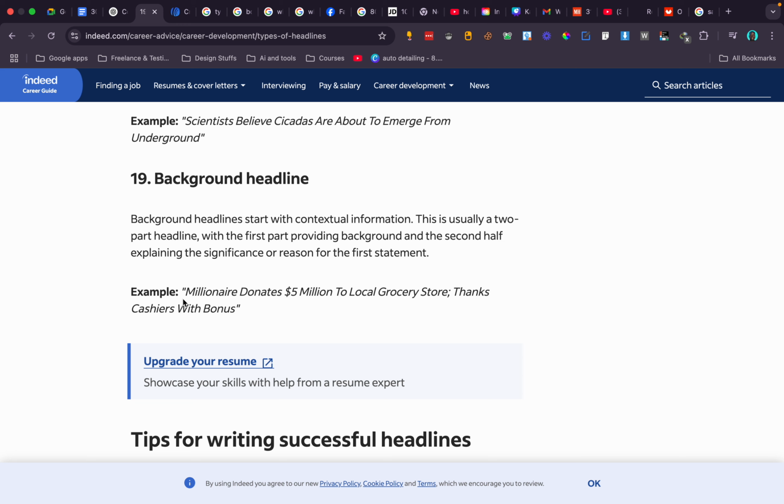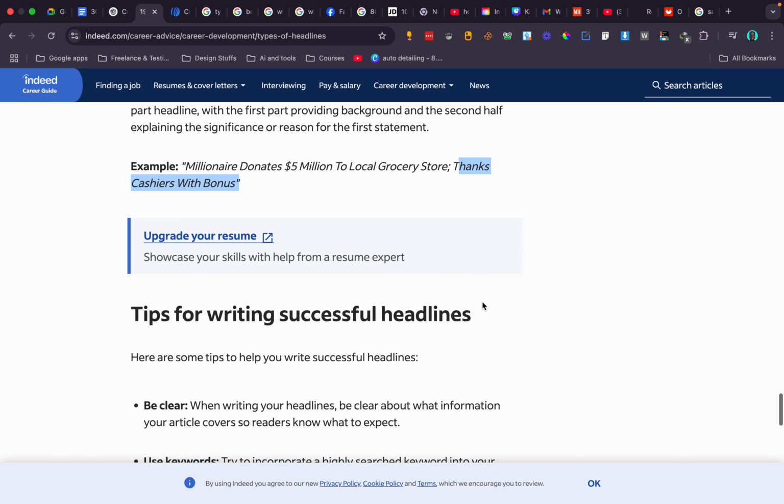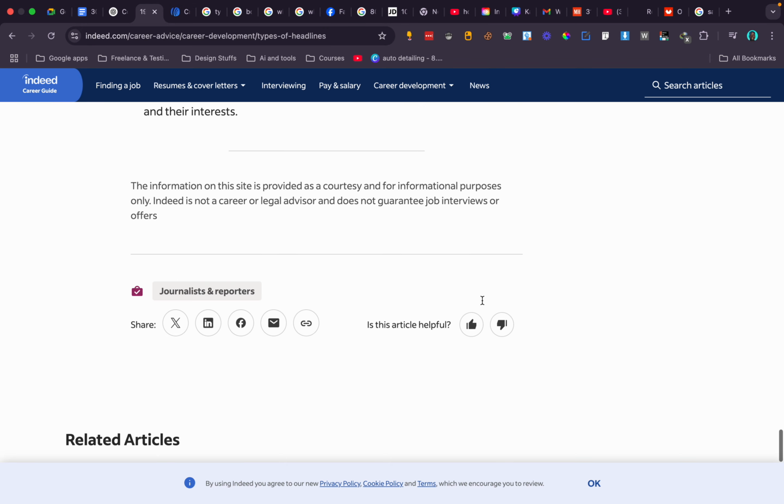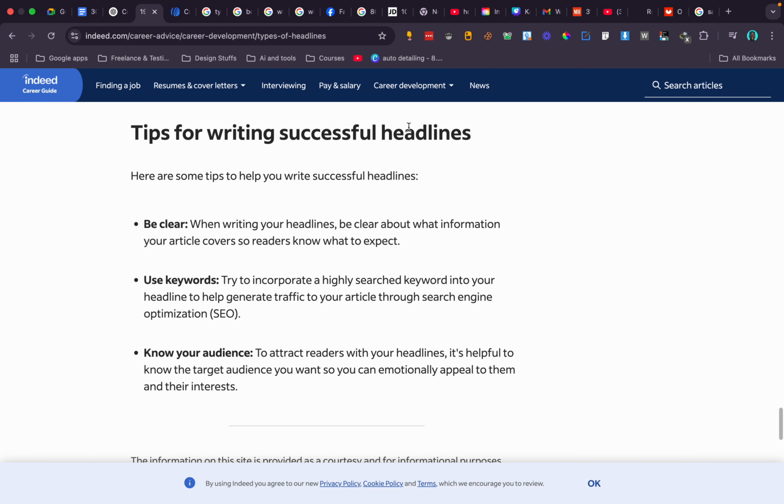So it first provides a background for the context, and then it tells us why the first thing actually happened. So that's just it.